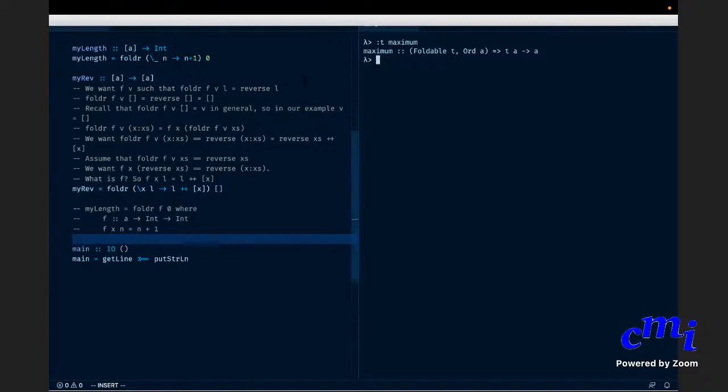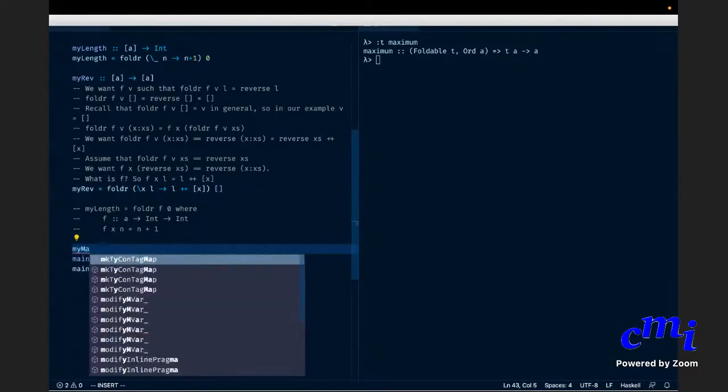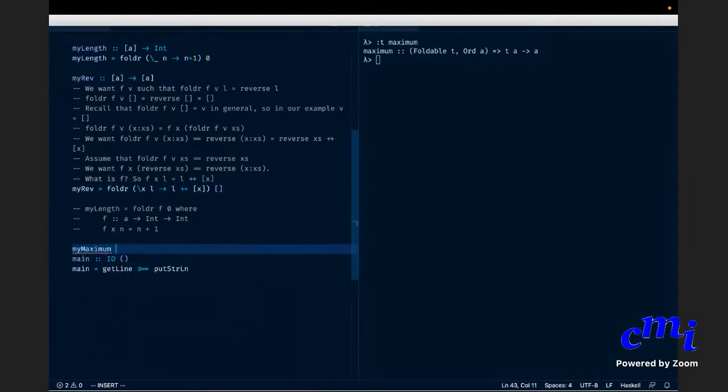Okay, now let us come back to my thing. I want to define a myMaximum. But the first point to notice is maximum defined on the empty list. What meaningful value of maximum can you give for an empty list? Nothing. Yeah, you cannot give any meaningful value.